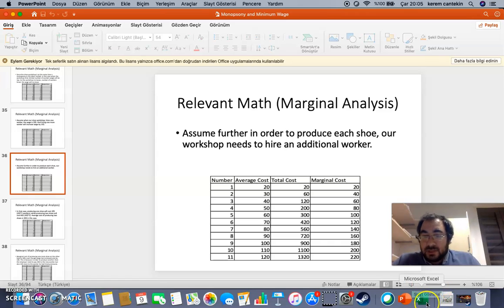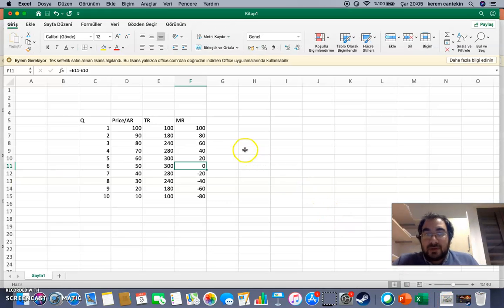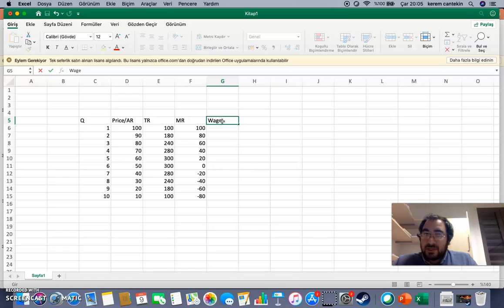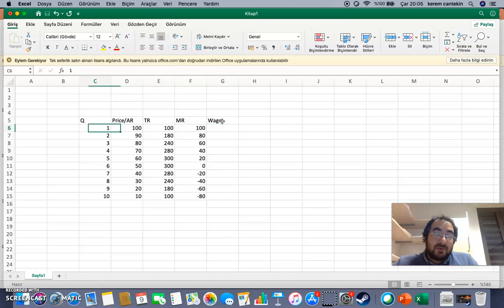So here we ignore the basic assumption of diminishing marginal productivity, even though it's easy to include it in the analysis, although it makes it a little more complex, and without it we can show the main point of the analysis. I challenge you to add that if you want. This helps us in one sense: for each additional shoe, we need only one additional worker. Otherwise, for the first shoe you might need 5 workers, for the second 3 workers if marginal productivity initially increases, for the third maybe 1 worker, for the fourth again 3 workers, for the fifth